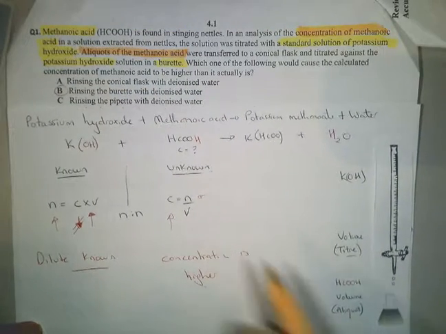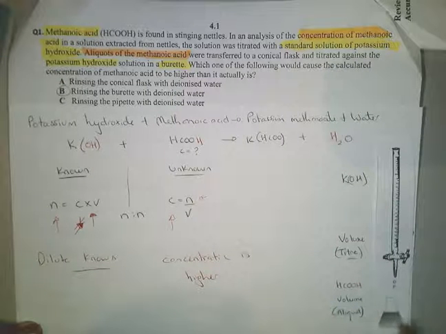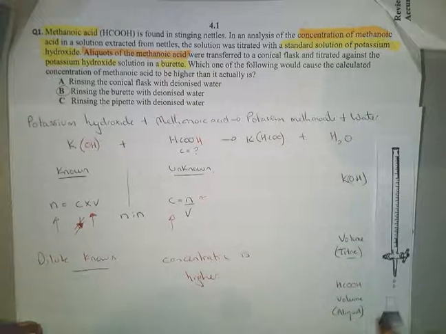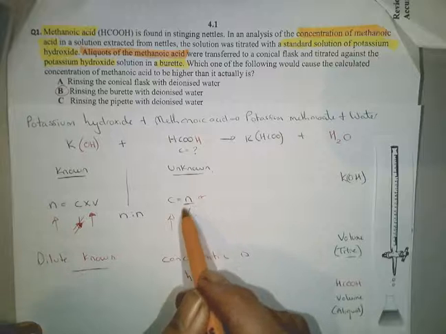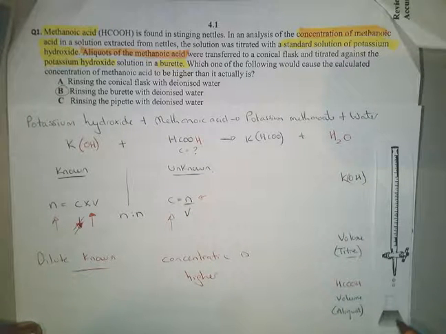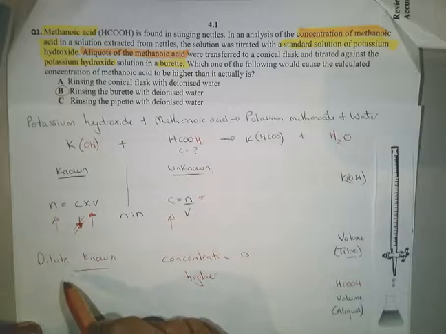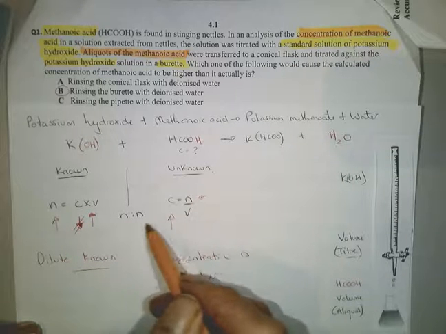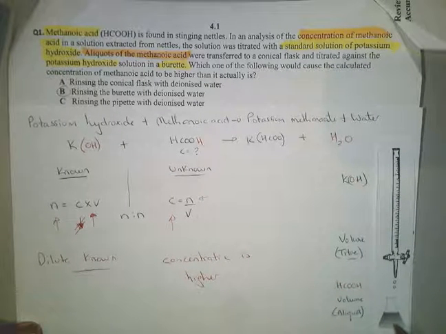Rinsing the pipette with deionized water. If you rinsed this with water, then you would dilute the amount of methanoic acid that you put in there. There would be a lower concentration and a lower number of moles in the same volume. So if there's a lower number of moles here, then you'd have to add a lower number of moles there. You'd have a lower volume. Lower volume, same concentration, would be a lower number of moles here, and by the time you worked it out, you would find that you would work out that it was a diluted